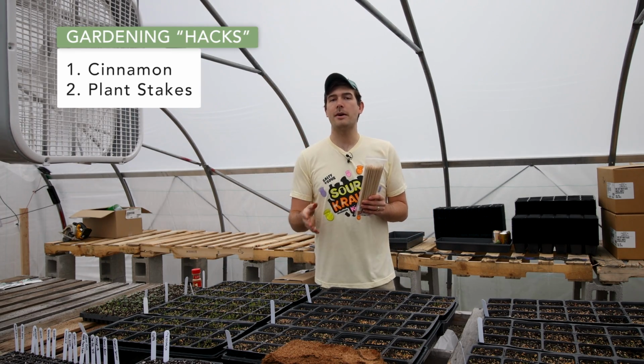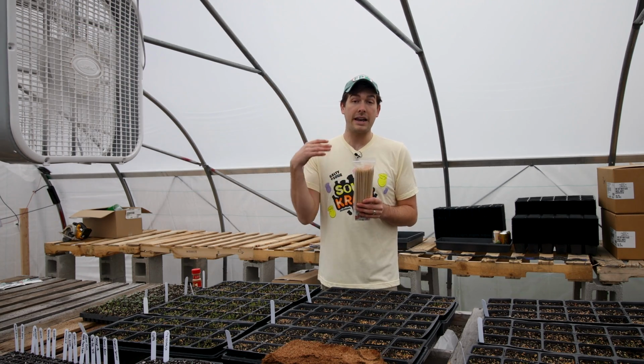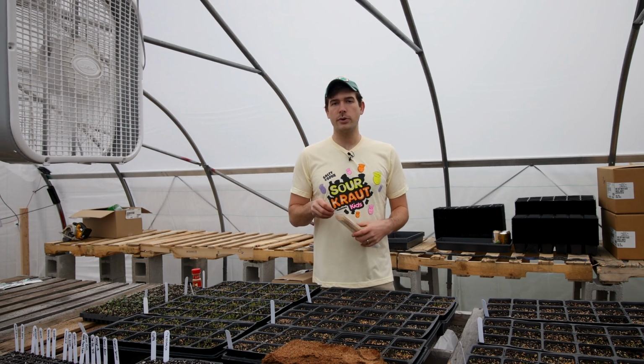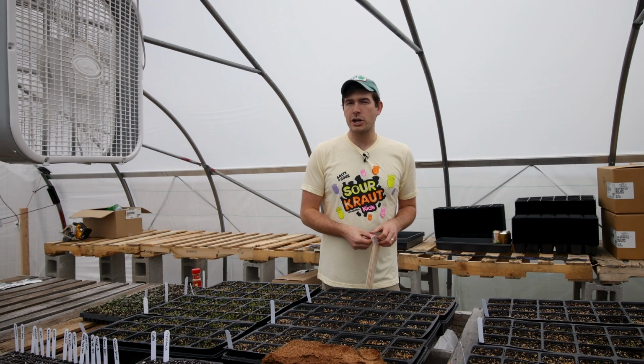Now, I'm not talking about staking up your tomatoes, because tomatoes are a vine. They do need some support, and it's really important that you stake them if you want to have them off the ground, disease-free and stuff like that. But what if I told you that staking up your seedlings and even young fruit trees can actually be a